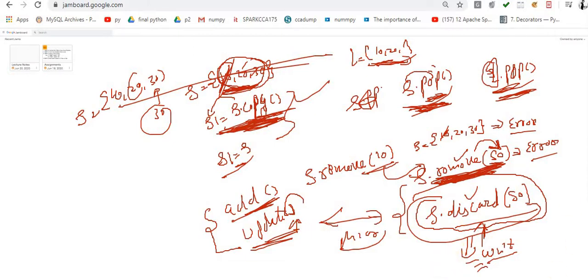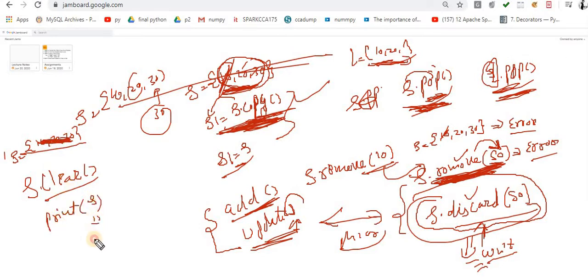Now the next one is clear. Clear is always specified as s dot clear. Clear means cleaning the existing set. Let's suppose a set exists and I want to clean it, but I don't want to remove the existence of the set, I just want to remove its items. Now if I print s, it has become empty after performing this clear. So this is the clear. We already discussed clear with the list, exactly the same. Dictionary d dot clear, we already discussed that.